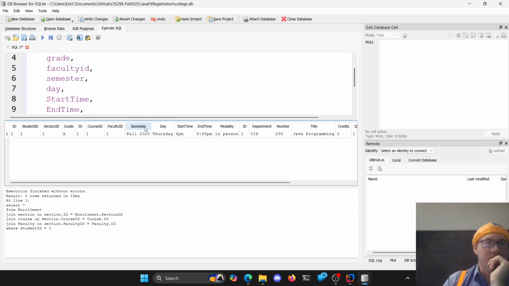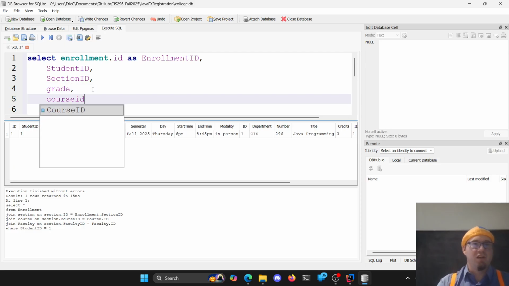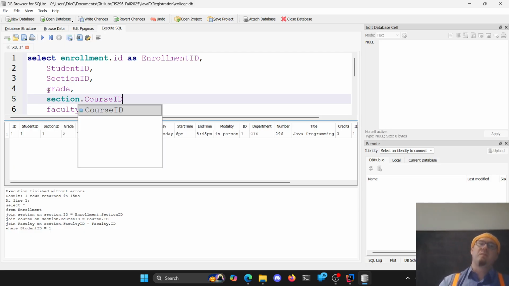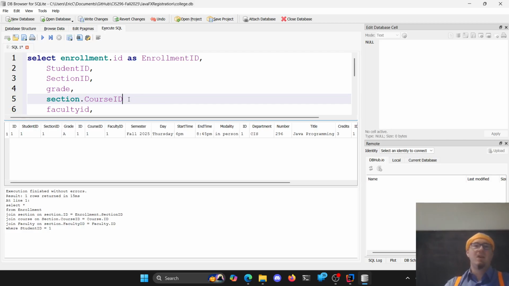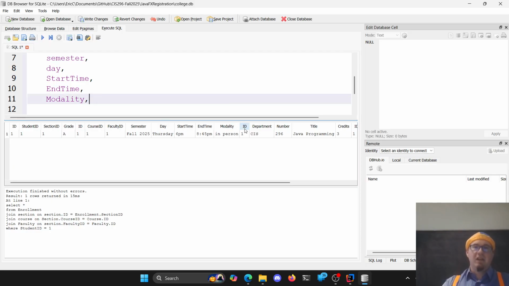Okay, so course ID comes before faculty ID, and that is our section.course ID. You can specify the table dot attribute name, but I think that's the only one named course ID out there as well. So we've got the course ID, faculty ID, semester, start time, modality,